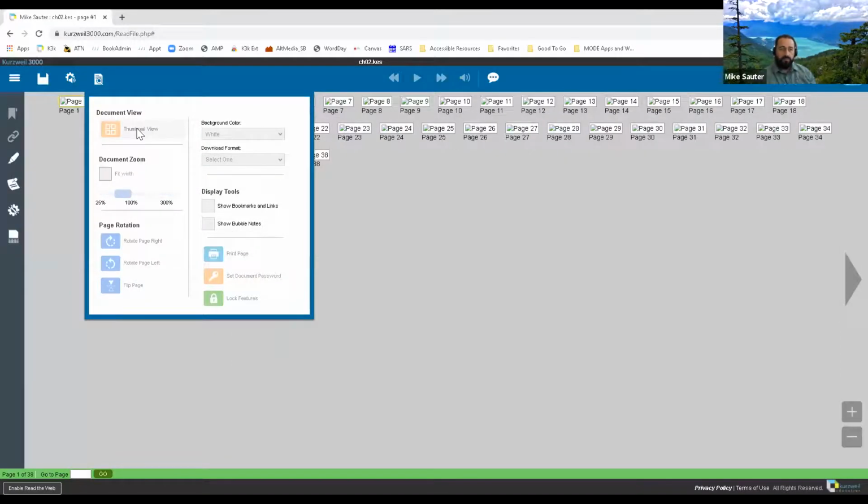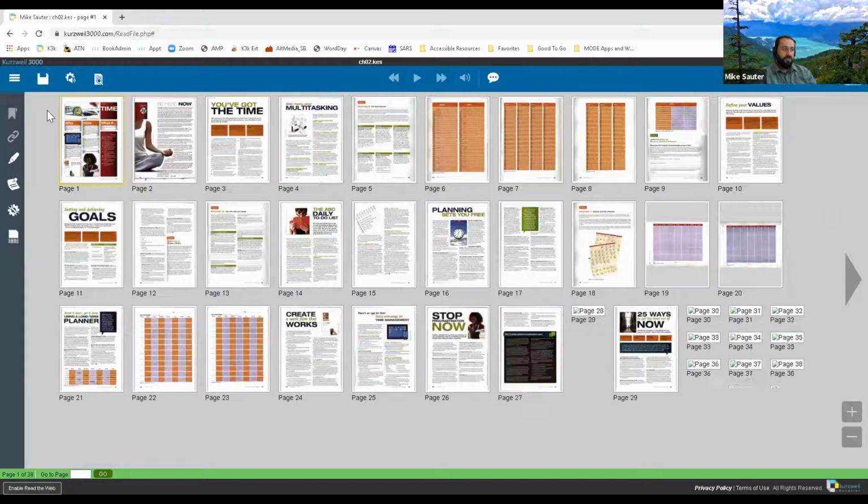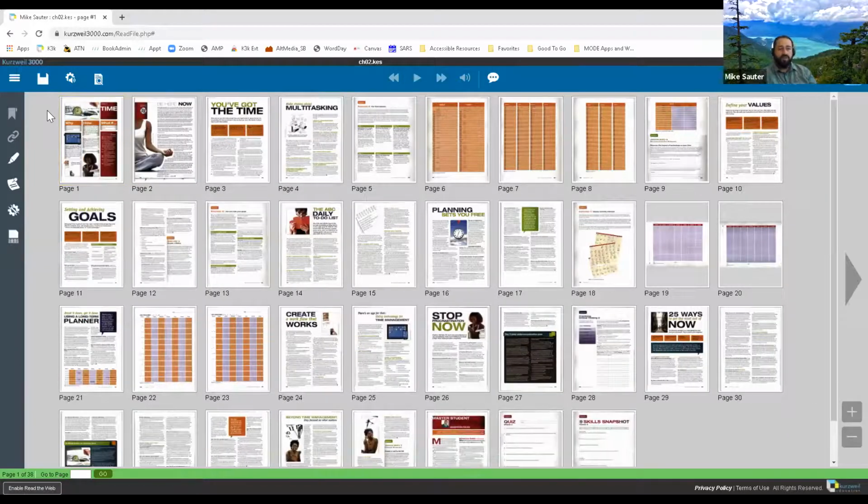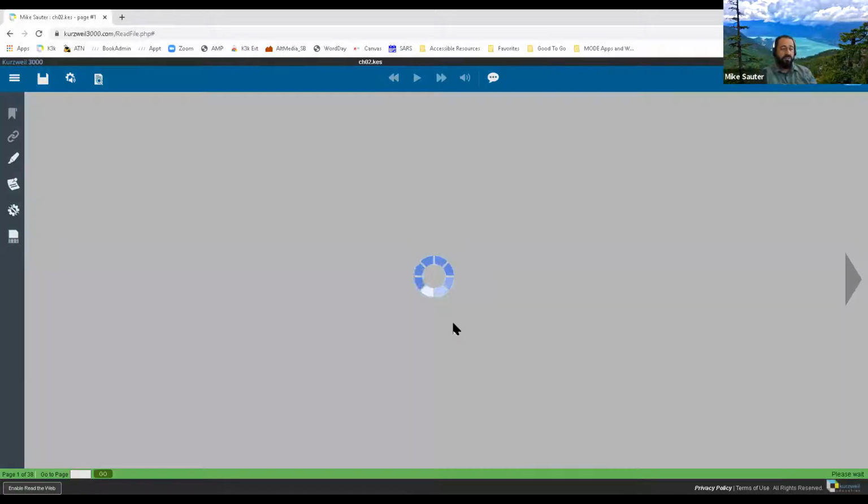I love the thumbnail view because what it allows you to do is see your chapter as thumbnails. So you can see each one of your pages as a little thumbnail. This allows you to quickly scan through the document. If you're looking for a particular chart or graphic or perhaps a section that you need to jump to, all you have to do then is just click on the page that you want to jump to and it jumps right to that page.